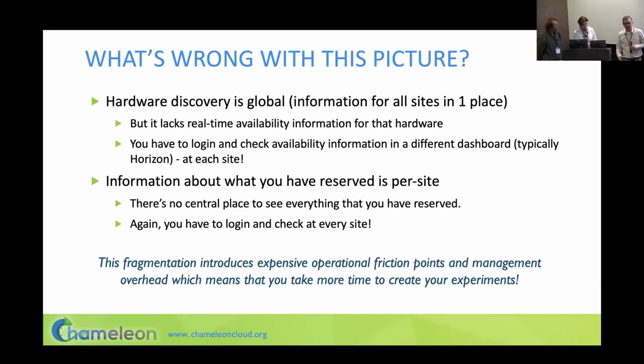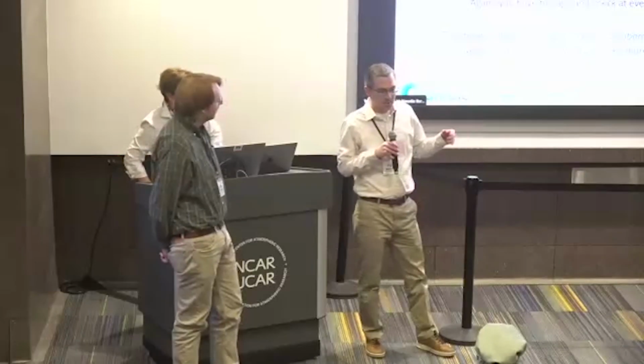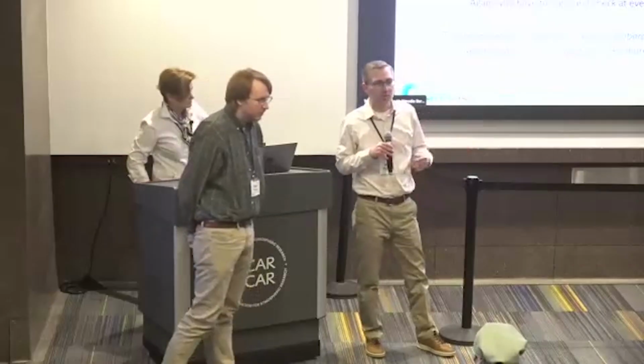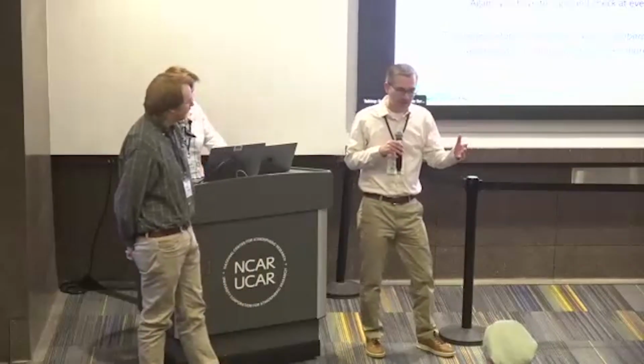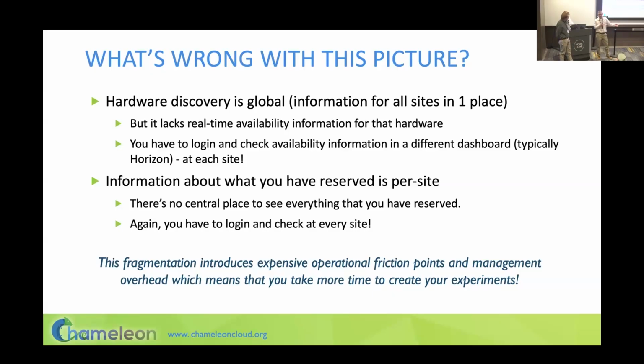One major problem that we've identified is obviously with the resource discovery process. When you go to Chameleon to find resources, we have the hardware browser where you can find all of our hardware, at least for the bare metal sites, in one place. And that's great, but the problem is you can't find out when it's available. So you get into this loop: you find the hardware, you have to go to that site, you have to then look for the availability, realize it's already booked. And then you go back to the hardware browser to find other hardware, go back to maybe a different site, and try to find what's available there. So it's a cumbersome process.